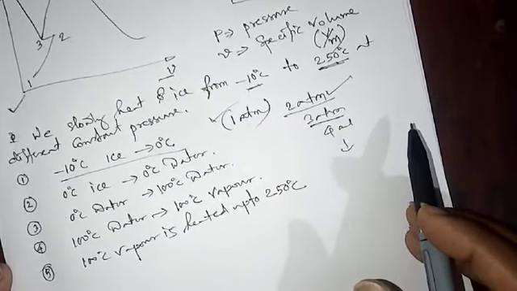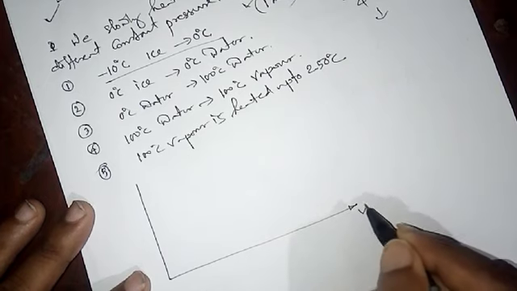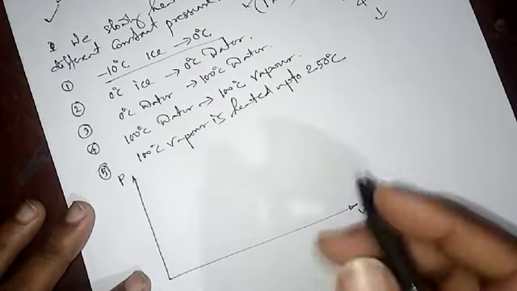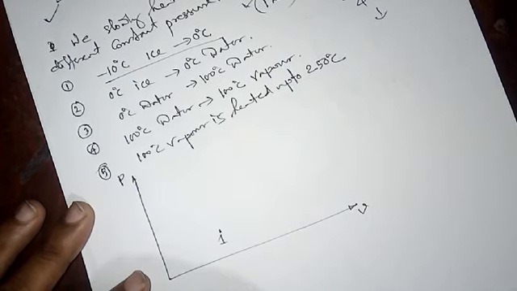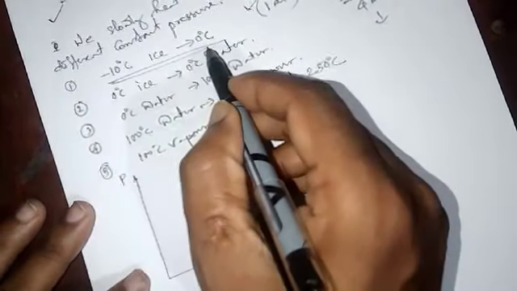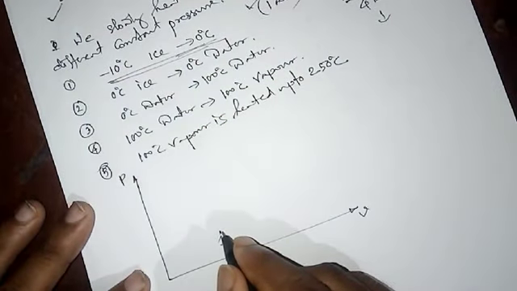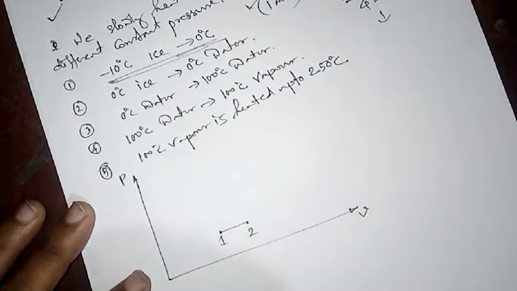Okay, first of all, if we heat the ice from minus 10 degrees centigrade to 250 degrees centigrade. Suppose the initial volume of ice is this one and it is denoted by 1, and if we heat ice from minus 10 degrees centigrade to 0 degrees centigrade, the volume of ice will generally increase. Therefore, we consider the volume of ice becomes 2.